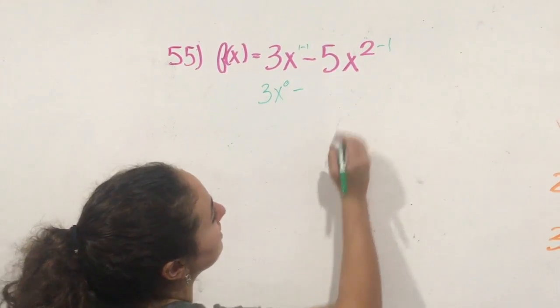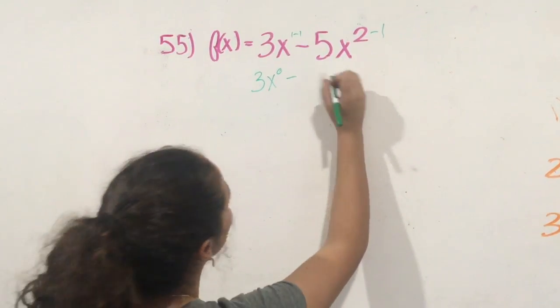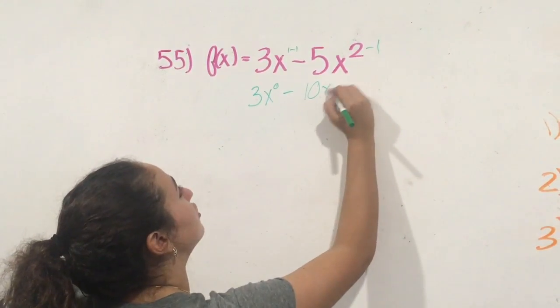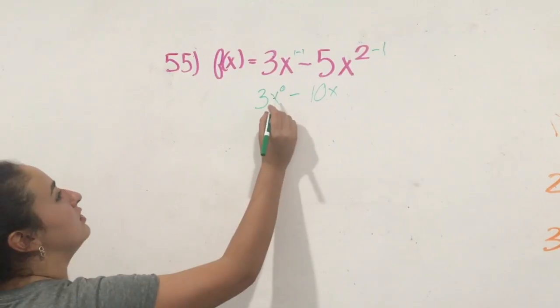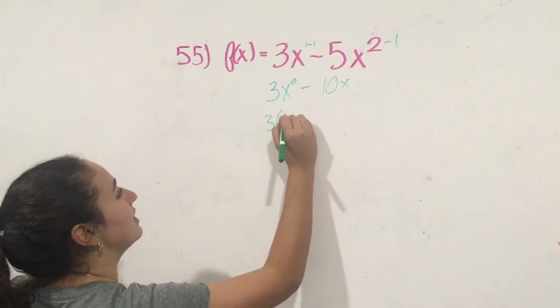So you subtract the same thing here, you multiply 2 times 5, which is 10, and you subtract 2 minus 1, which is 1, so it's x. And if you have x to the exponent of 0, it's 1, so we multiply 3 times 1,